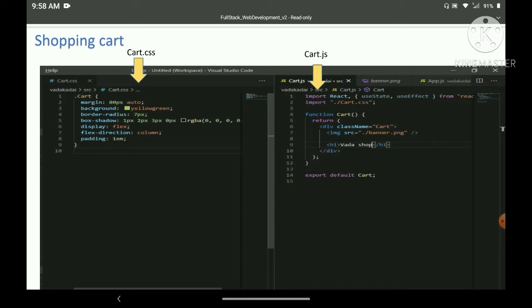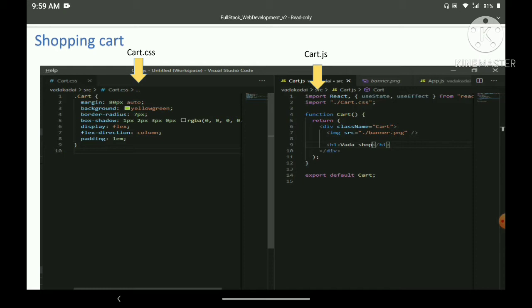I used the same as a function name cart, and in the return method I just give the div and className equal to cart, because the style sheet has the cart class, right? The cart is the style sheet class name, so I used the same thing, and the image src is equal to banner.png. So the banner file is there, right?